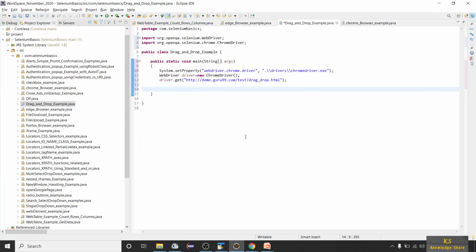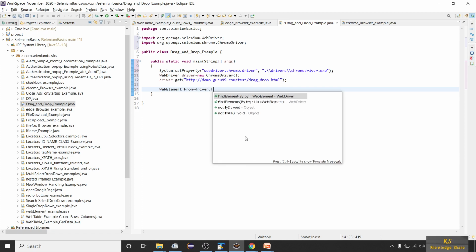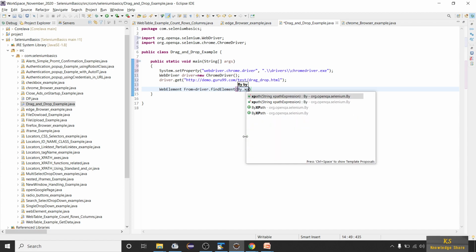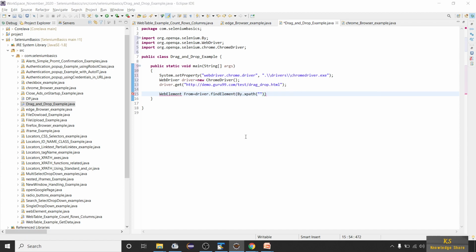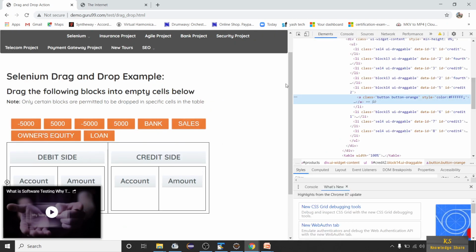So WebElement from is equal to driver.findElement(By.xpath(...)). So let's find the XPath of this bank. Right click, inspect, and just click on this bank.